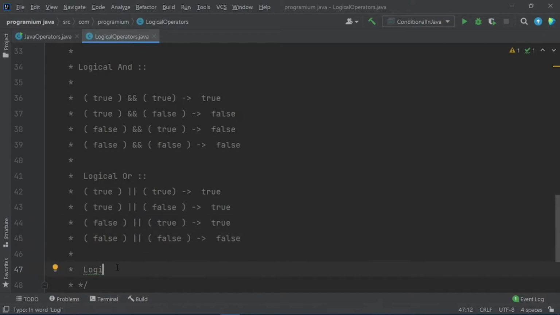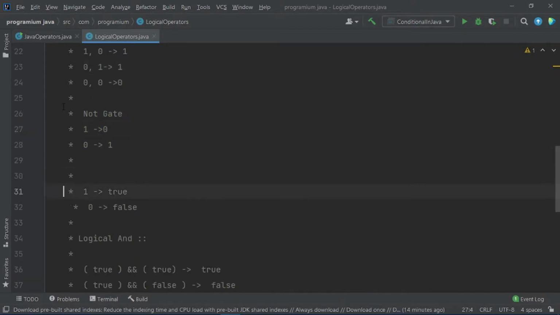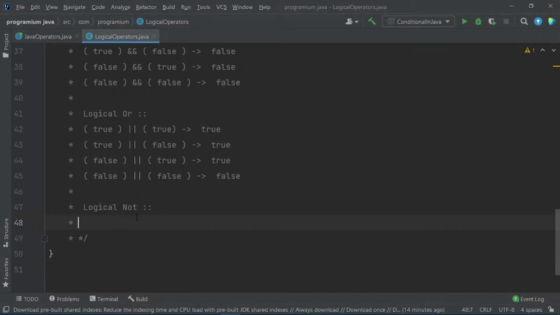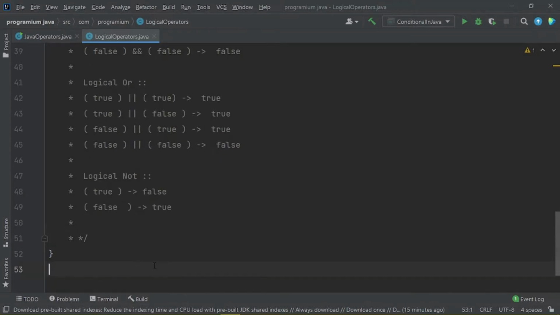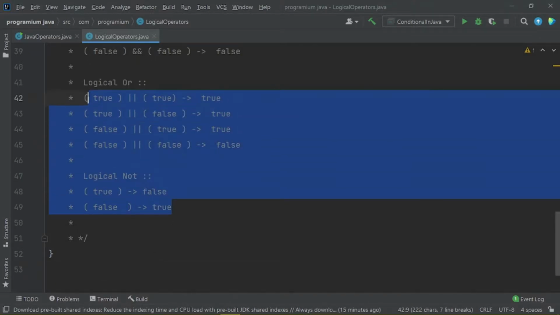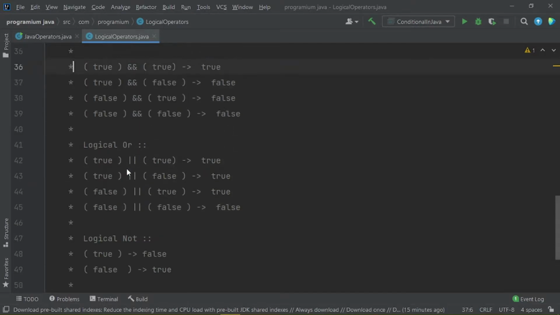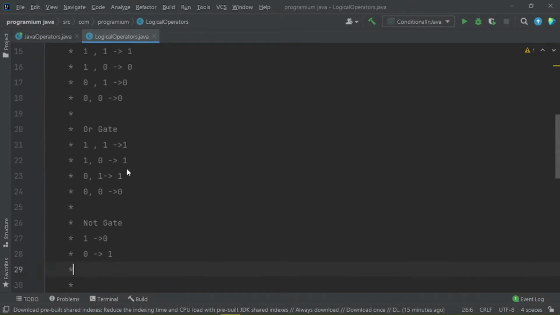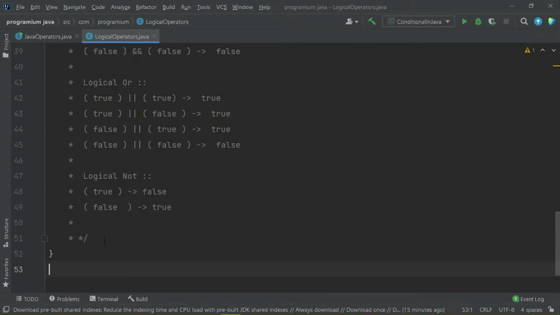One left. So logical NOT, similar to this NOT gate, the logical NOT does the same here. If the input or condition is true, then it simply shows it as false, and if the condition is false, then the result would be true. So guys, this was our theoretical stuff related to these logical operators, and I will be sharing this source code and this source file with you.